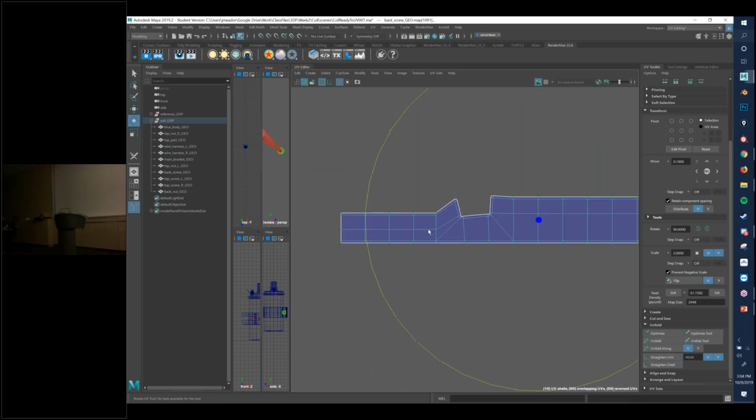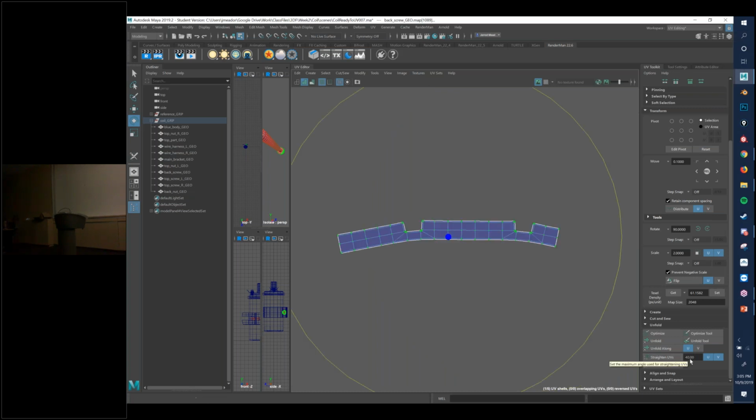Another thing that I can do is, how many people notice next to the strain UVs with the 40, what is that 40? That's my threshold. Also next to it is U and V, where I can lock it to only do strain in one direction or the other. So we can try turning these off. Let me try strain U and see what I get. So not bad, but